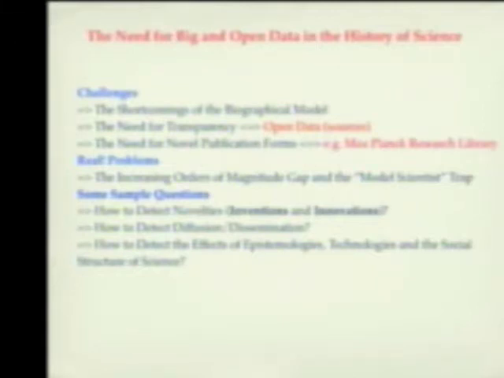One of the things that we are interested in is, for instance, how do scientific innovations happen? Where do we see changes in our understanding? And that's an interesting question. And I will show you some ways of how we do this with computational tools, but it only really works if you have access to the totality of a particular research problem or research field, and that requires open and big data for the history of science.